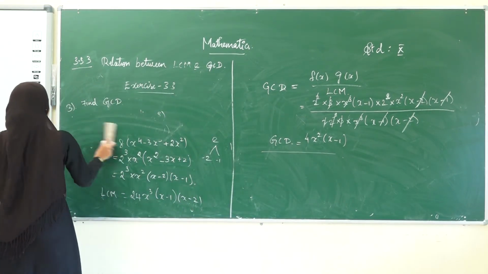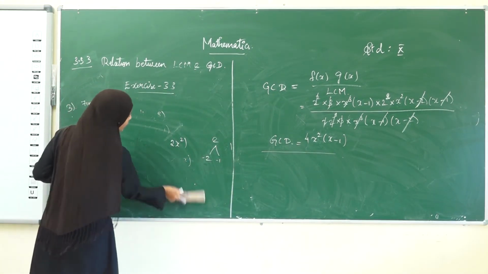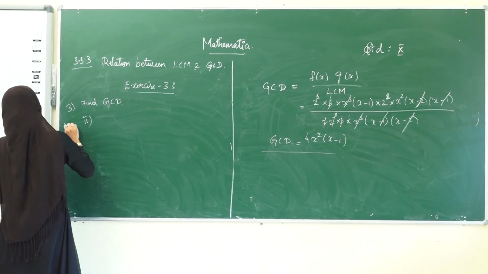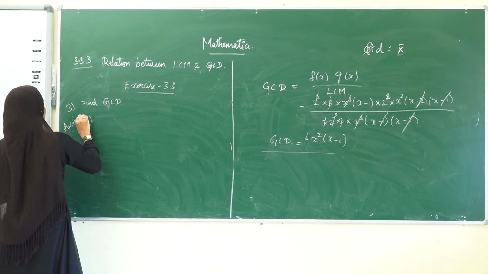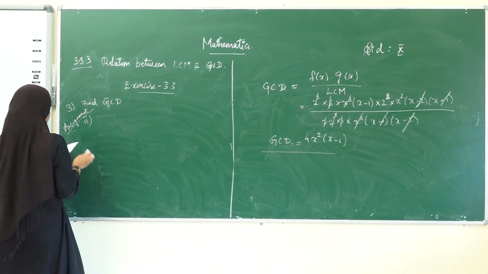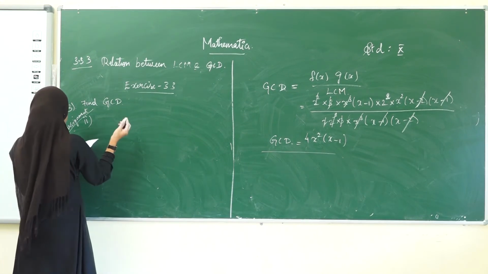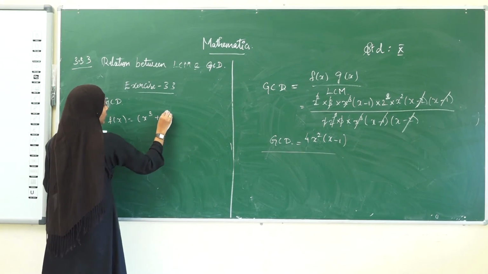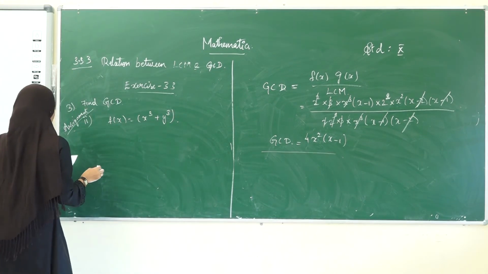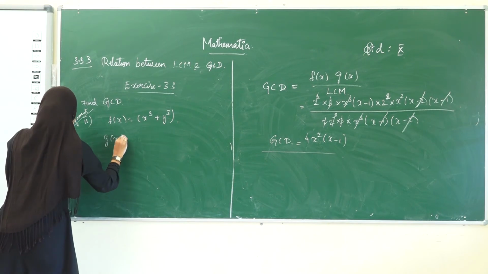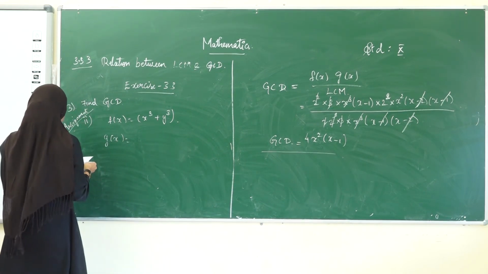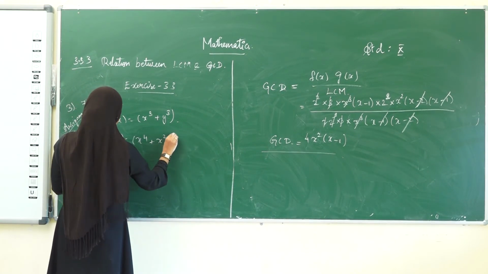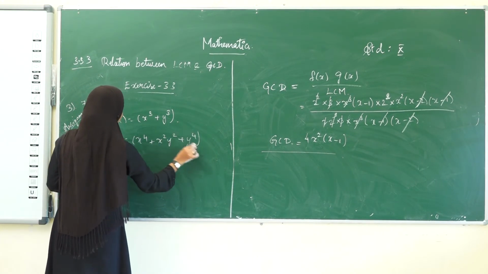Okay, the second subdivision. What's the question given in this second subdivision? It will be an assignment for you. This is the third sum, which is the assignment for you. I'll give you some hints. They have given two terms. Let us take f of x is equal to x cube plus y cube, and then g of x is x power 4 plus x square y square plus y power 4.